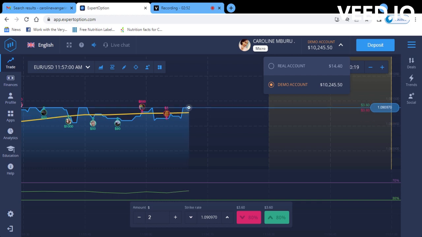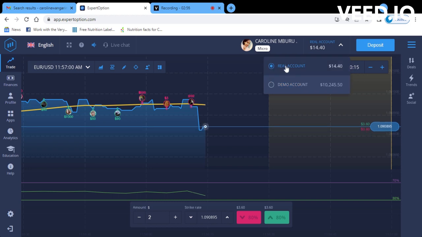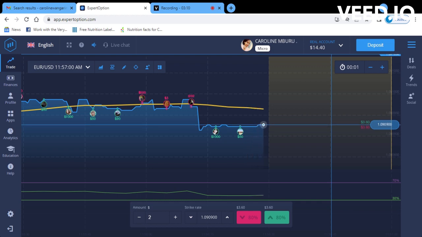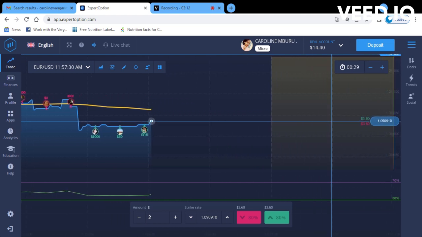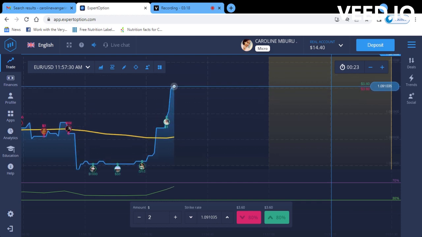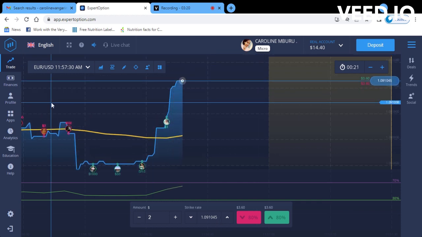So guys, we can begin this together. I'm just going to shift to my real account. I deposited $10, after practicing using the demos, watching the tutorials, and trying to understand how this works. One thing you guys need to know is that I am not an expert. I am also a beginner, and I believe everyone can be a beginner and become an expert on this. As long as you're able to predict what you're trading, then I think you can practice on it and be good to go.